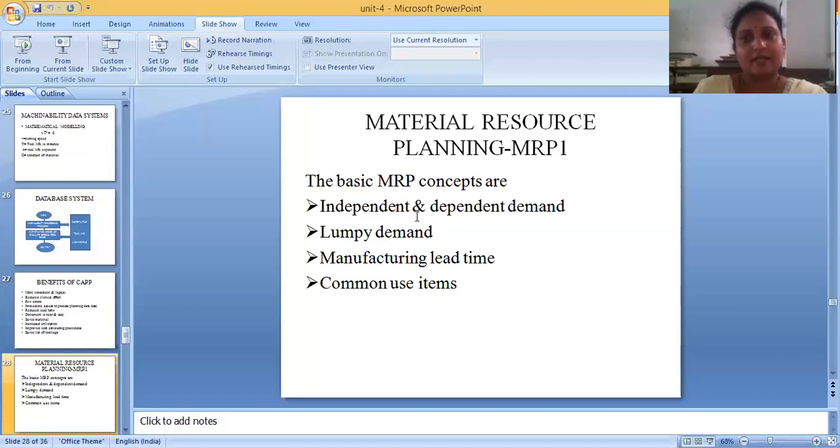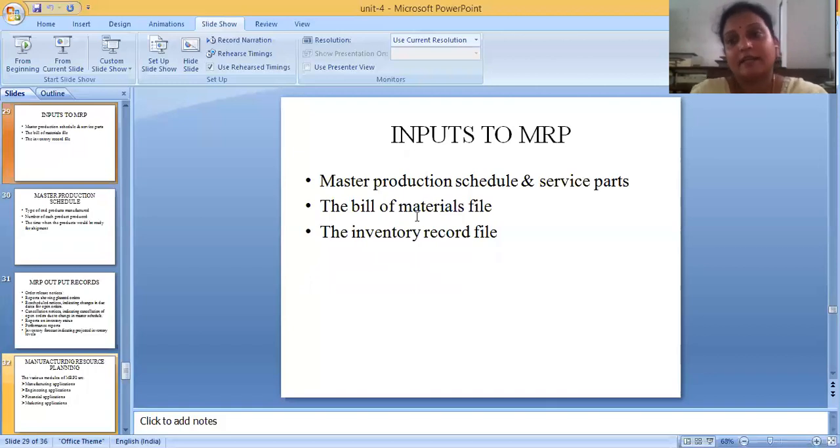So these are the different things which we take into consideration when we are doing MRP, that is material resource planning. This material resource planning will only speak about the material. Okay. So what are the inputs that we take for making this material resource planning? First one is the master production schedule. The master production schedule will include which part or which project will start at what time, what is the time this project takes to start and to finish, and what are the number of components or number of assemblies that you are going to get.